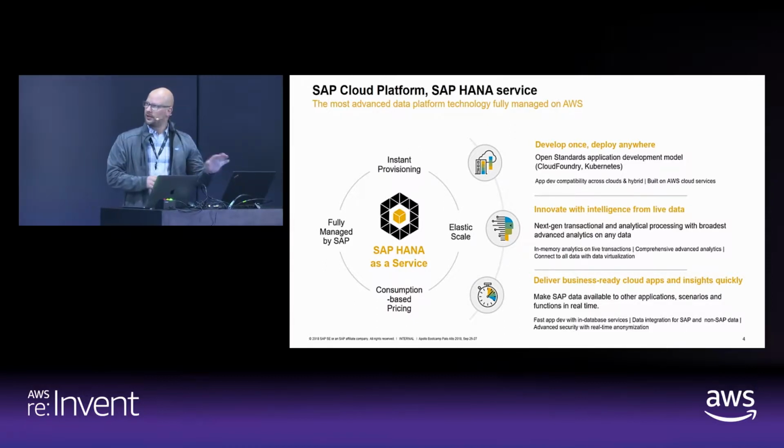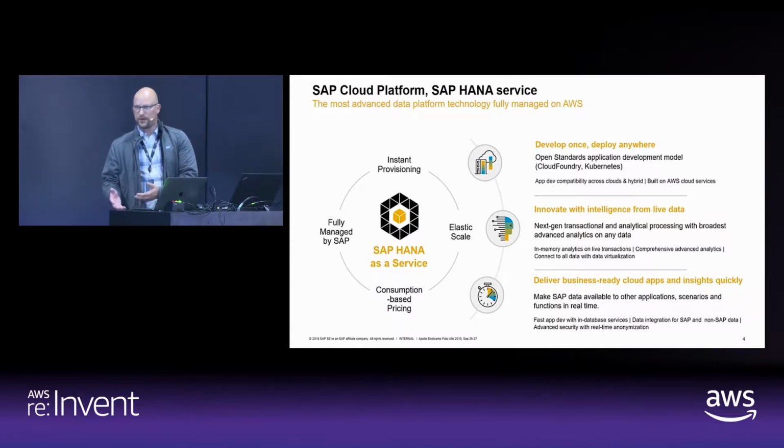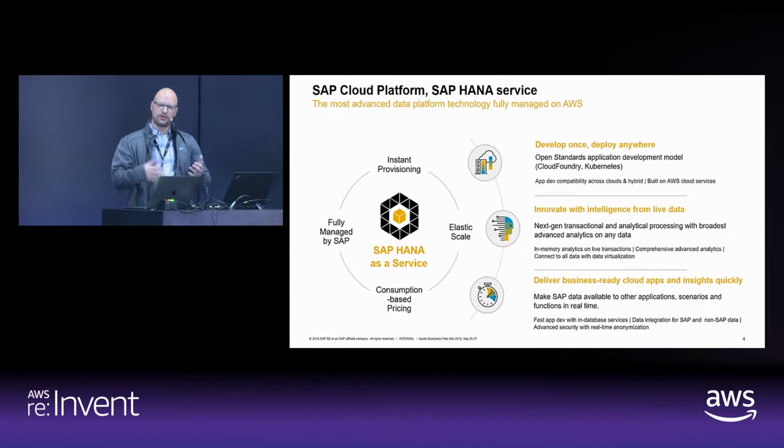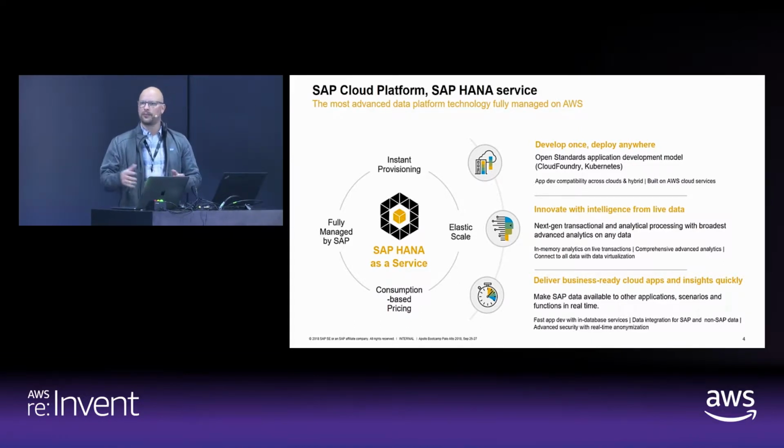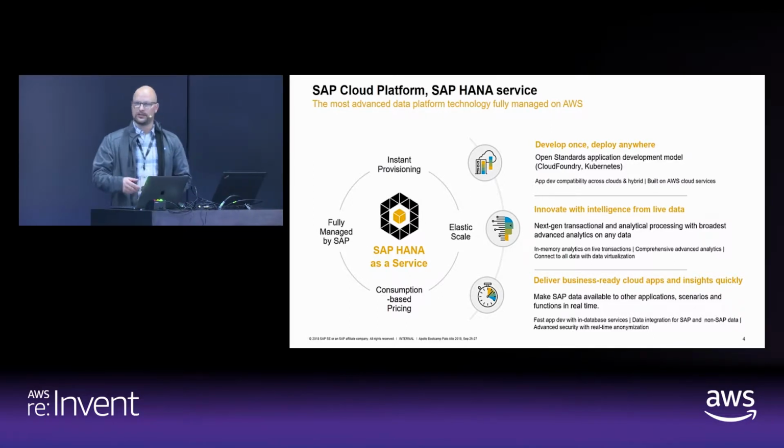Just starting on the left here, taking you through the wheel, some of the things that we felt were important to customers was the ability to do an instant provisioning of HANA systems. If you've worked with HANA before, it's an appliance-based model. It's kind of difficult to get up and going on the on-premises side. And when we did our initial cloud deployments, we didn't really make any improvements in how that would work. So when we introduced the new offering, we wanted to make it easy for you to click a button and your HANA system is provisioned dynamically in real time